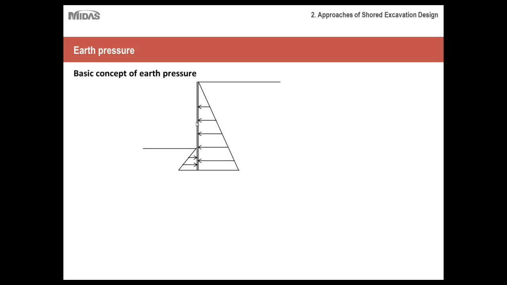Obviously, since we have excavated on this side, there will be earth at a higher height behind this retaining structure or supporting system, and due to the height here, we'll have earth pressure actively acting on the wall to cause its failure. So therefore, this pressure on the wall towards the earth is called active earth pressure, and the formula is